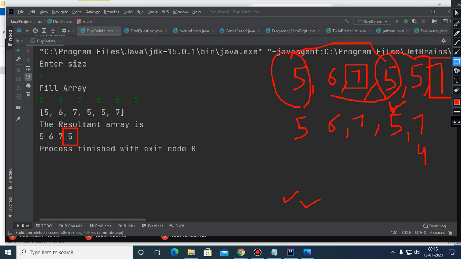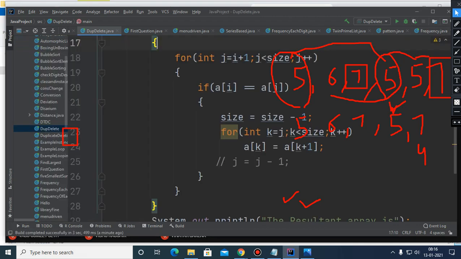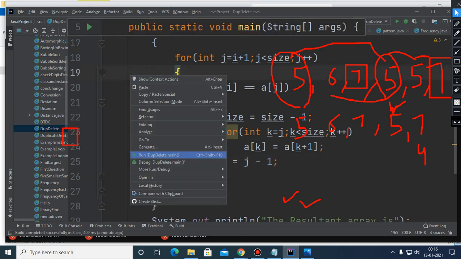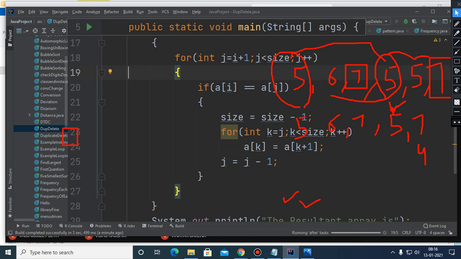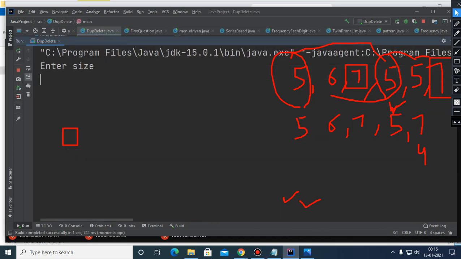But you see this 5 managed to escape. So what is the solution of this? Children, the solution is that here you have to write j is equals to j minus 1. And if this happens, then definitely each and every duplicate element will get deleted.